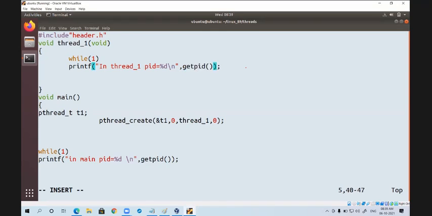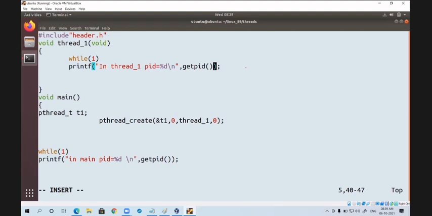Now can you tell me, in this program, how many function definitions you are observing? Can I say two function definitions?